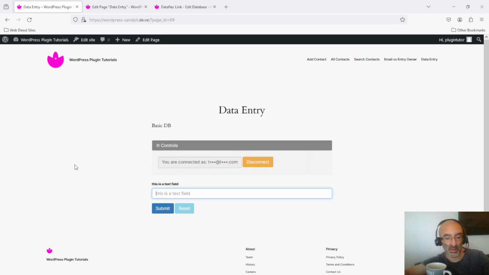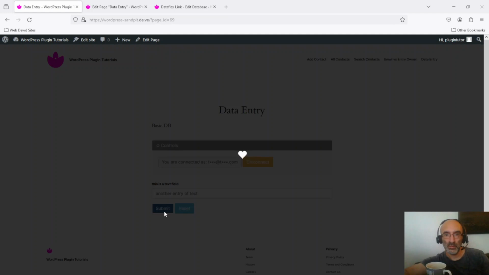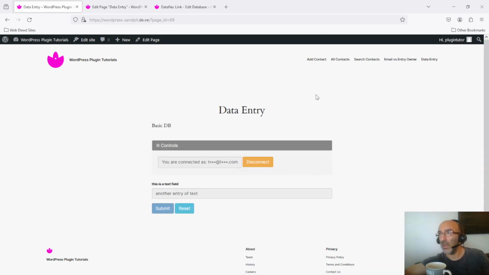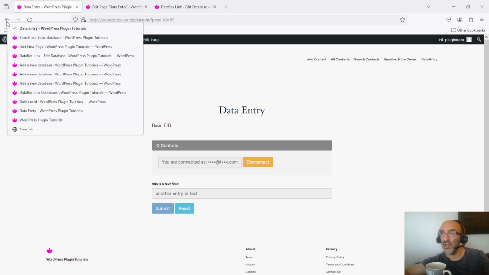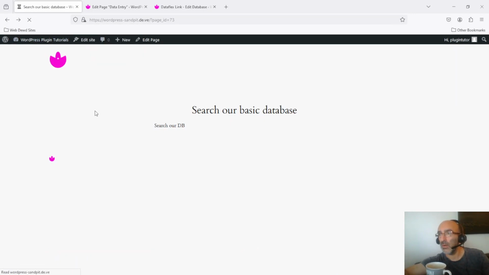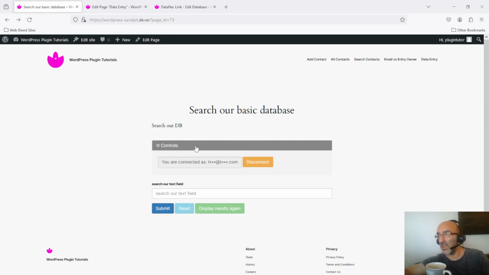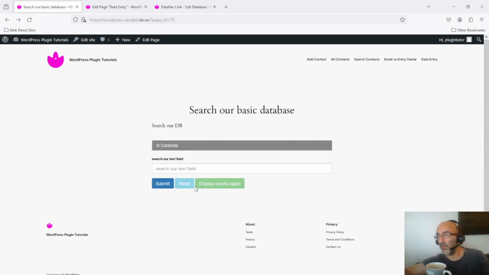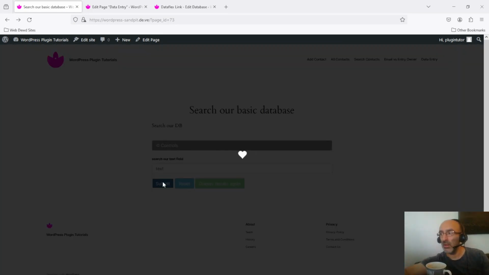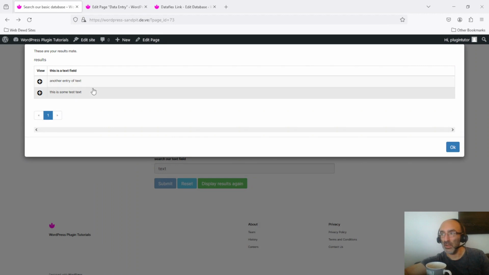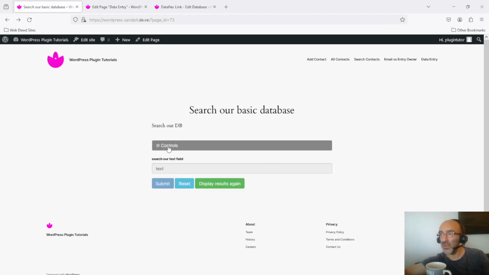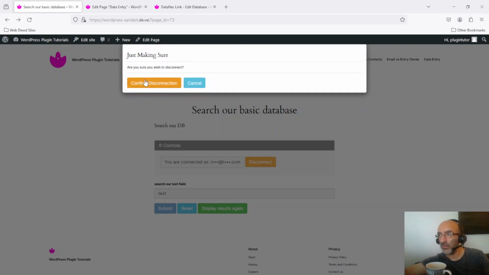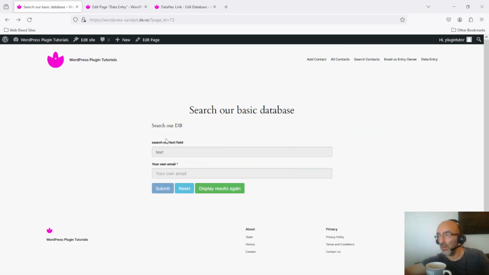And if we add a field, so another entry of text, and submit, and we go to our search page, we are also connected as test@test.com, and if we search for text, we will see that we get the two items. If we disconnect here, and we reset,